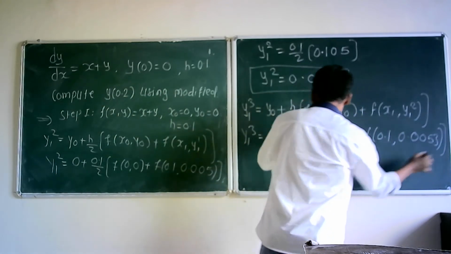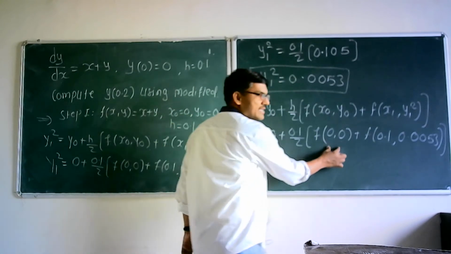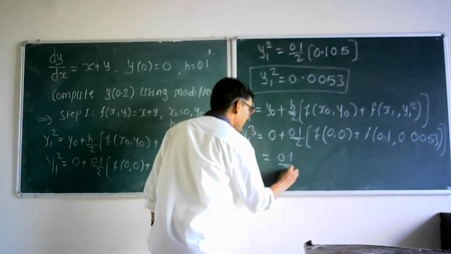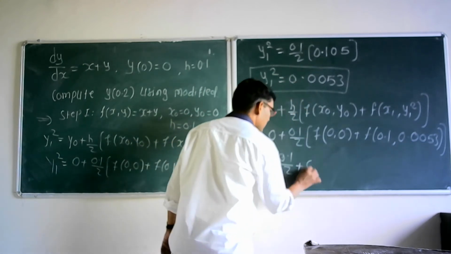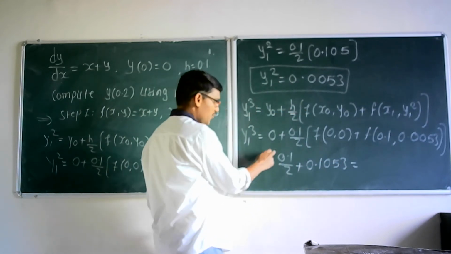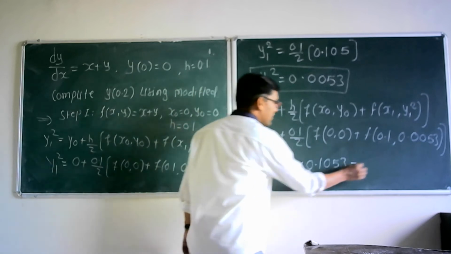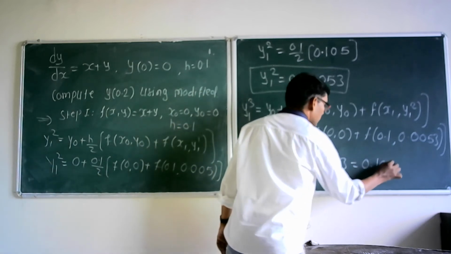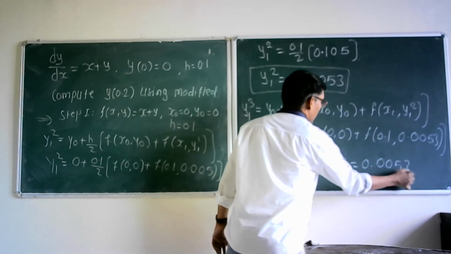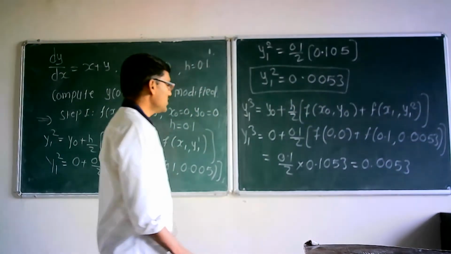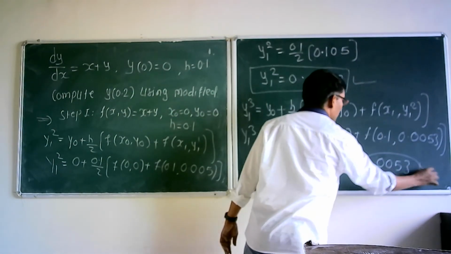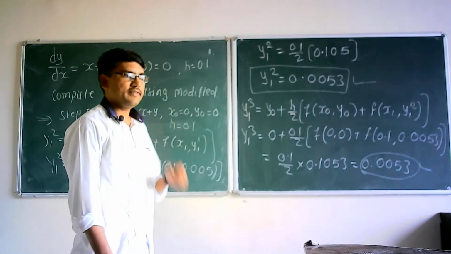If you simplify this, 0 plus 0 is 0, and if you add this, it is 0.1 into 2 plus 0.1053, and if you simplify, you will get again 0.0053. So if you observe y13 and y12, they are correct up to 4 decimal places,